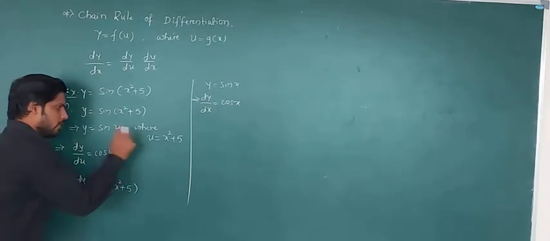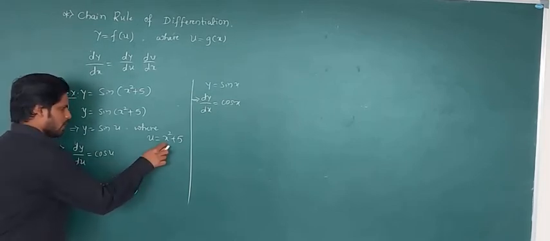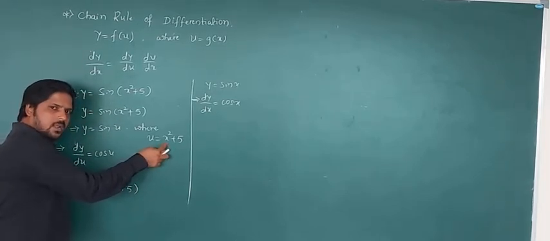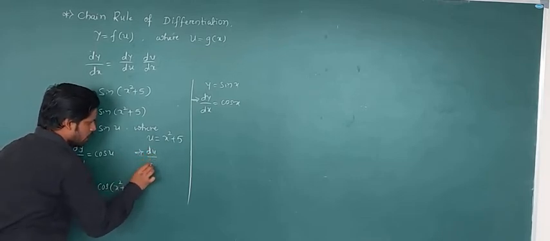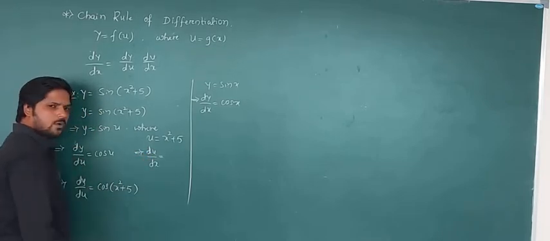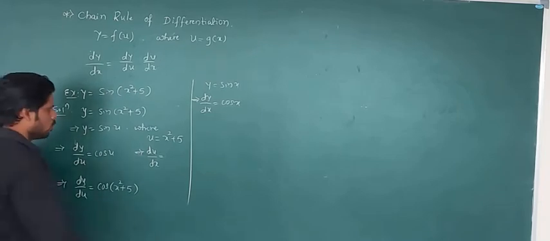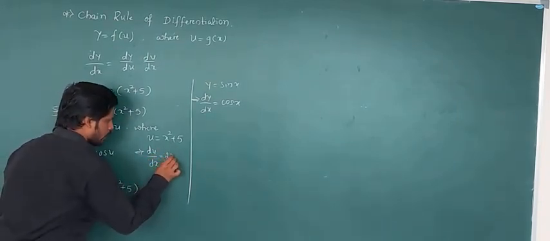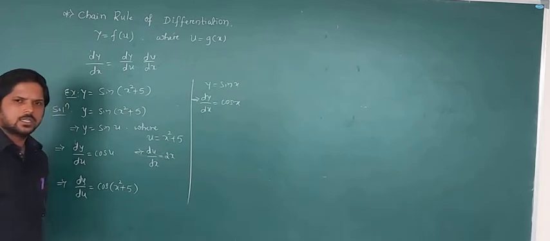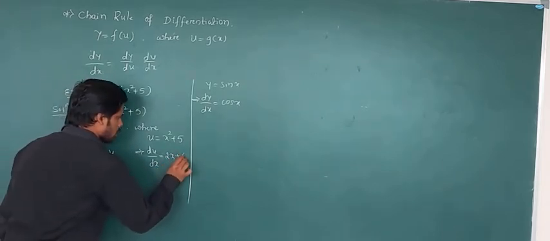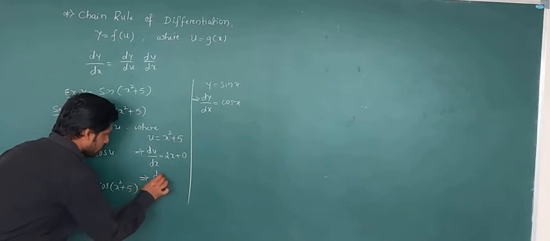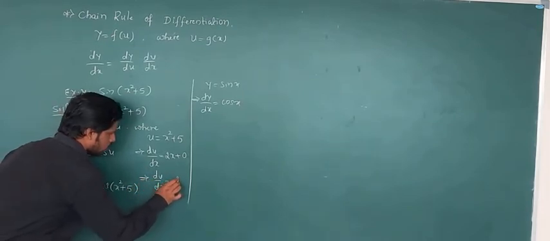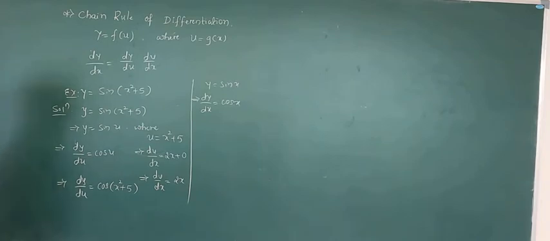Again we have to differentiate this one also with respect to x, because our variables are u and x. That is, du by dx is equal to the differentiation of x square, which is 2x, plus 5 is a constant, and the differentiation of a constant is 0. So du by dx is equal to 2x. So therefore